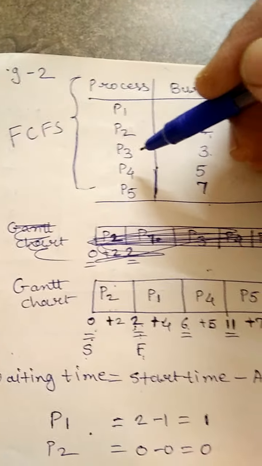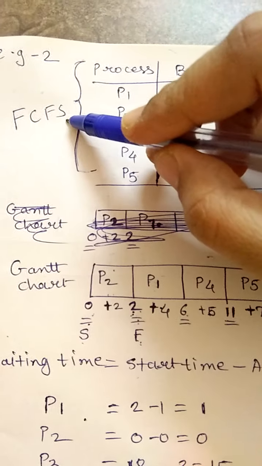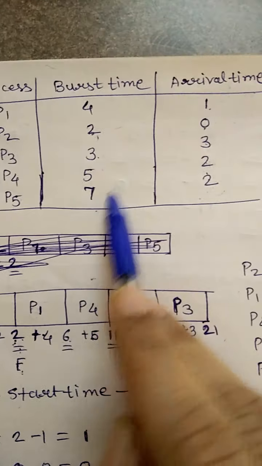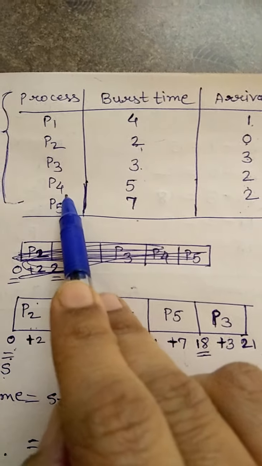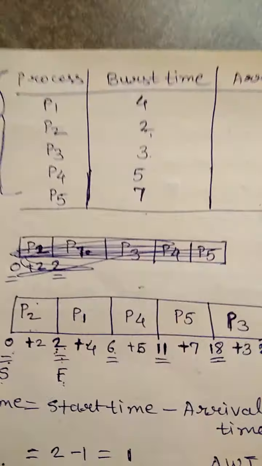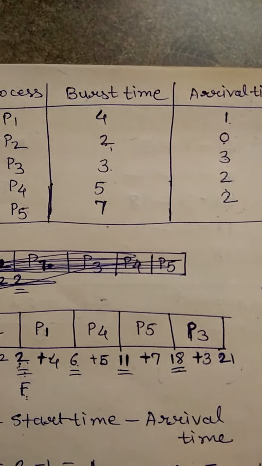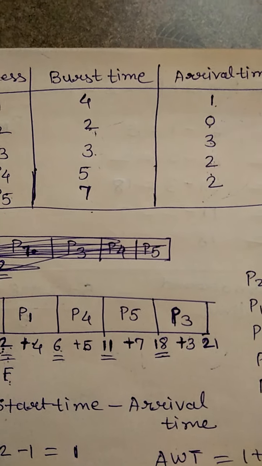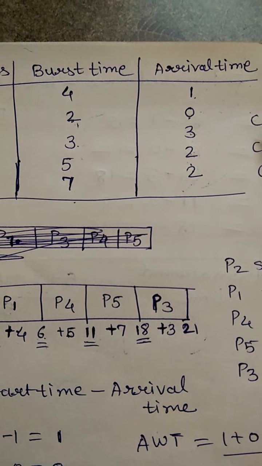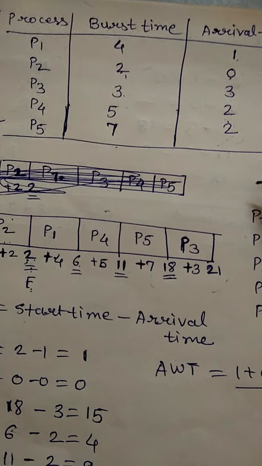In this video, we are going to see one more example of the scheduling algorithm, that is FCFS. In this example, I have given the burst time and the arrival time for each process. The total number of processes is 5. In the earlier example, I had given the waiting time and the finish time also. But in this example, no waiting time or finish time is given. We are going to determine the waiting time and the finish time.